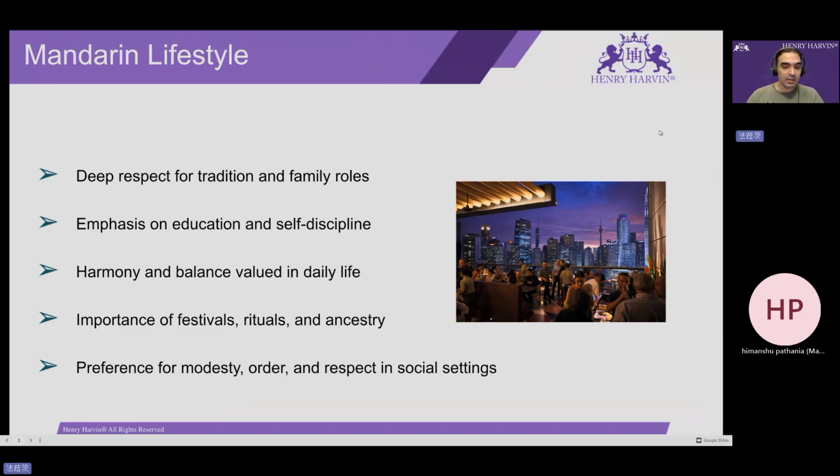Modesty is a very important part of Chinese society, because being modest is considered very important despite how successful a person in a Chinese speaking society is or how much they have achieved. They still have to be respectful in social settings and very modest, because not being modest enough in Chinese society is considered rude and ill-disciplined.